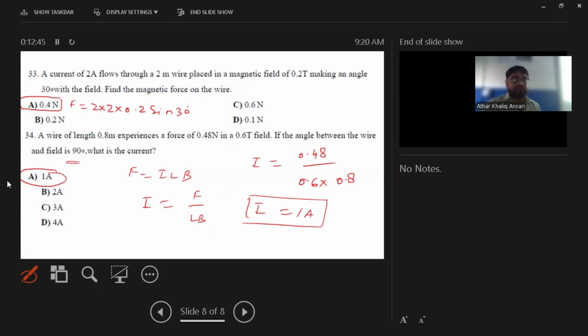So I am hopeful you guys got this one, and it is simple. You can say a simple explanation. But what you need to remember, one thing, that when